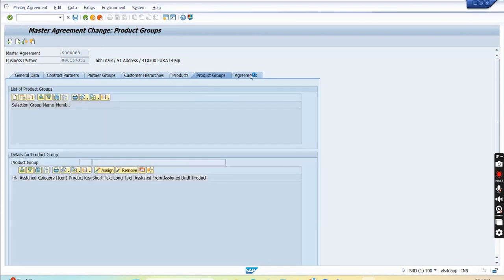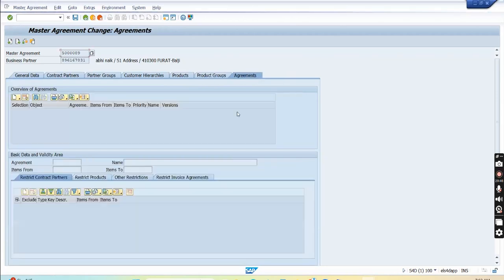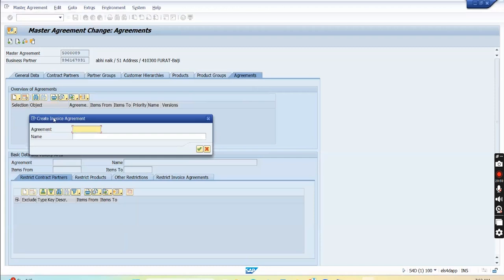And here is the agreement. In the agreement tab, click on new entry. We have invoice agreement, invoice lists, and discount agreement. We are doing invoice agreement. Click on invoices agreement, and you can enter any name, INV